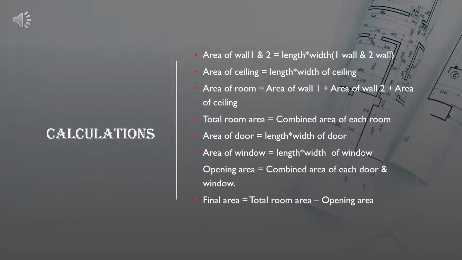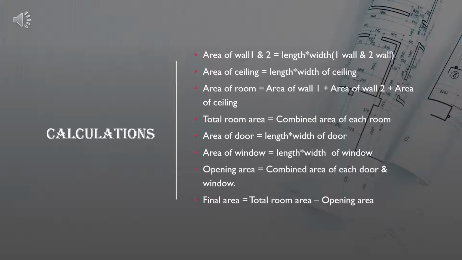So now let's talk about the calculation, and let's assume that our room is rectangular in shape and doors are also rectangular. So the area of a rectangle is length times width. So to find the area of a wall, we need to multiply length and width. So we will get the area of the wall. Similarly, the area of the ceiling, and the area of the room will be the area of wall 1 and area of wall 2 plus the area of the ceiling, and the total room area will be the combined area of each and every room present in